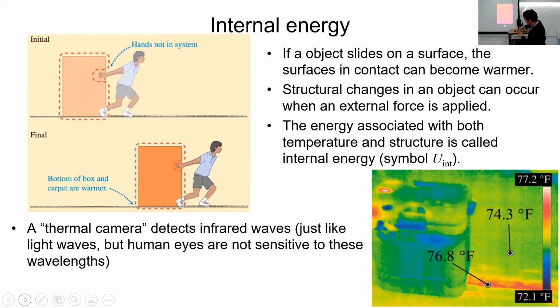The basic idea is that if I rub an object and use kinetic friction on a surface, then the work that I do there heats up the surface. You should be able to see it.